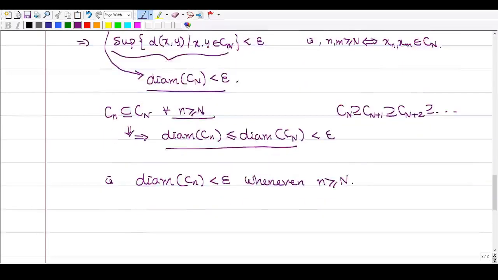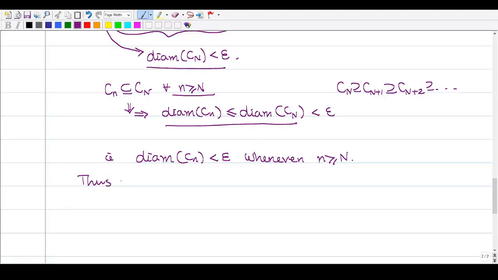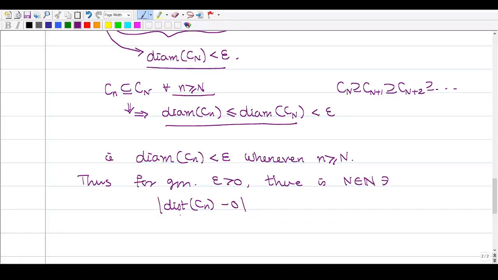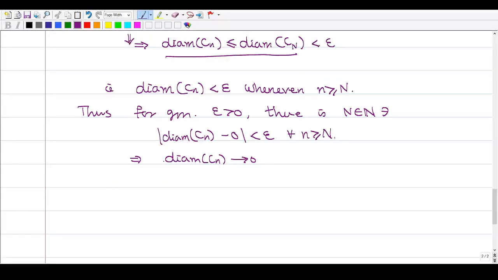Hence we have shown that for given epsilon positive, there is N belongs to natural numbers such that the distance between diameter of Cn and 0, since this is positive, we can write with modulus, is less than epsilon for every n greater than or equal to N. So diameter of Cn converges to 0, and we know that diameter of Cn equals diameter of Cn closure. So this converges to 0. Hence